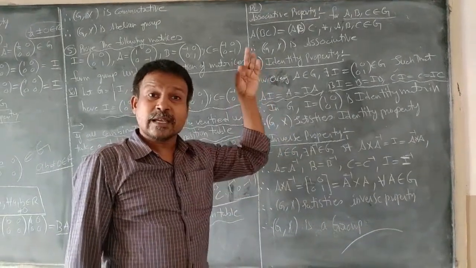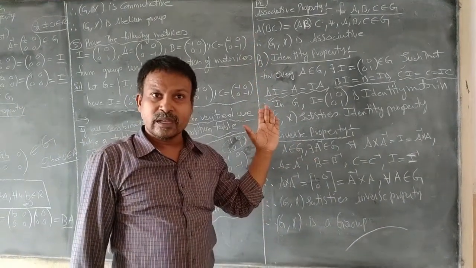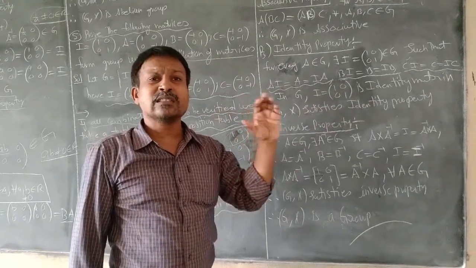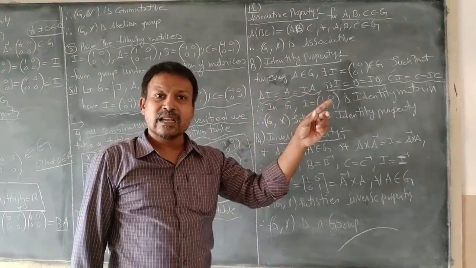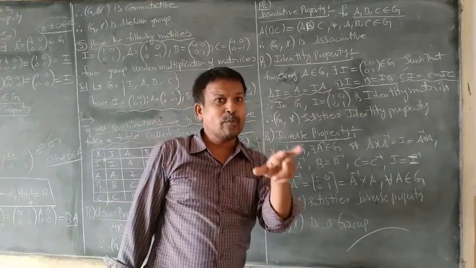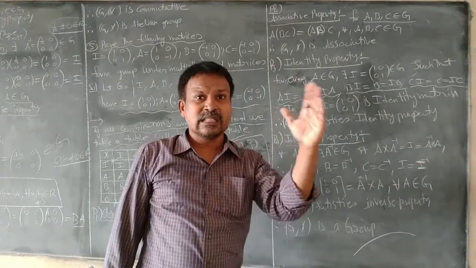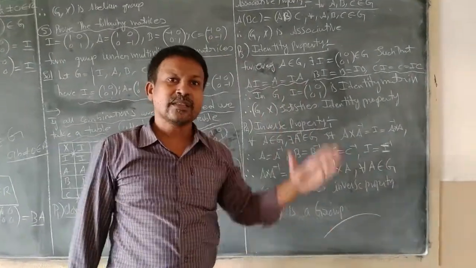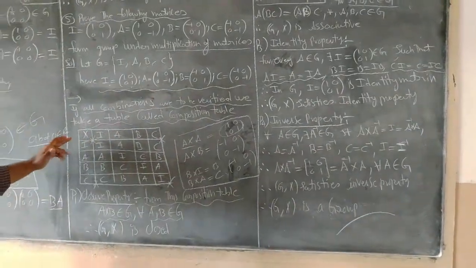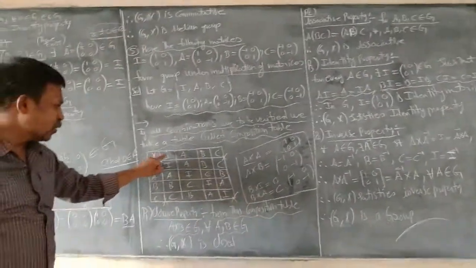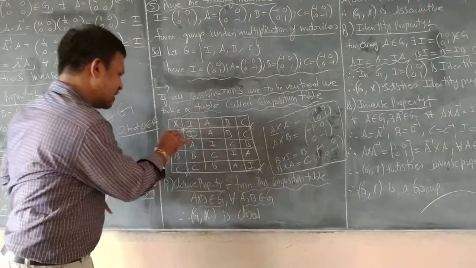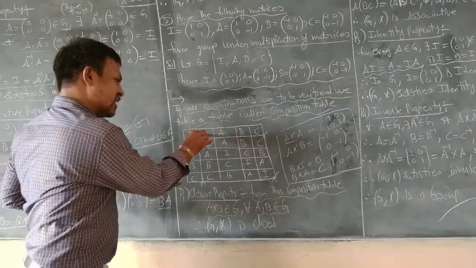For every matrix in set G, there should be an inverse matrix. Right. What does that mean? If capital A is taken, we should find its inverse, that is A inverse, and if we multiply those two matrices, A into A inverse, the resultant matrix should be capital I, that is 1 0 0 1. Right. If we observe this composition table, I into I is I. See here, it is the resultant matrix. Therefore, the inverse of I is I itself.